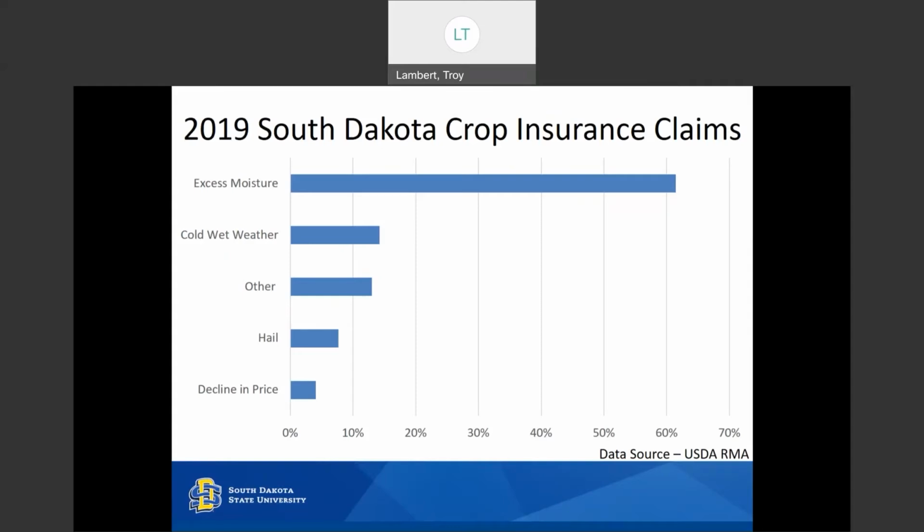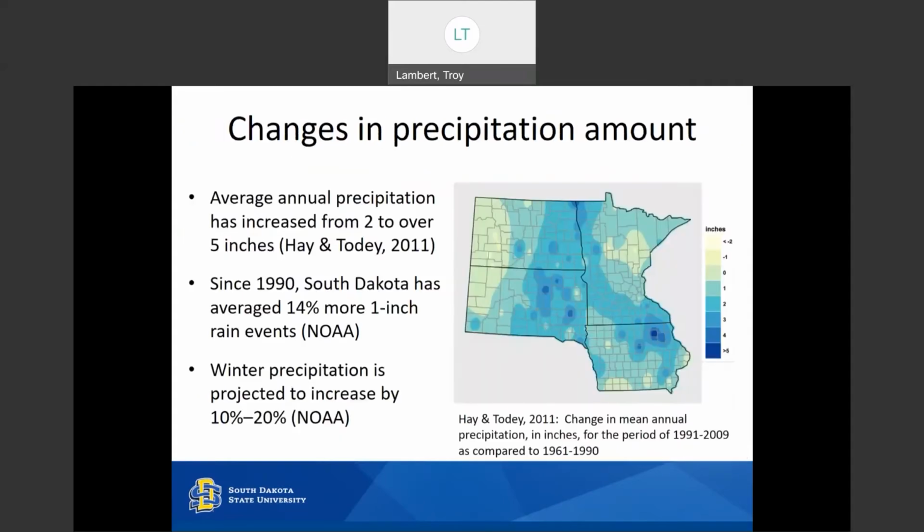But 2019 is actually an anomaly because I did this, I don't have it on this presentation, but 2020, 2019, 2018, 2017, the last 4 years, 2019 is the only one that has only one of the moisture extremes as one of the leading causes of crop insurance. We don't expect this trend to change. We don't expect this to necessarily get better, even though 2021 was a dry year, but we've seen increased moisture on an annual basis since 1990.